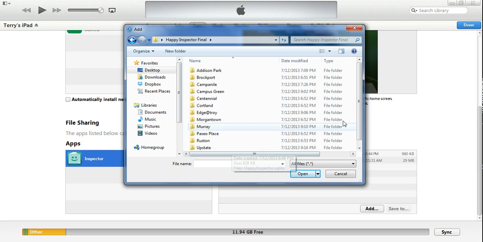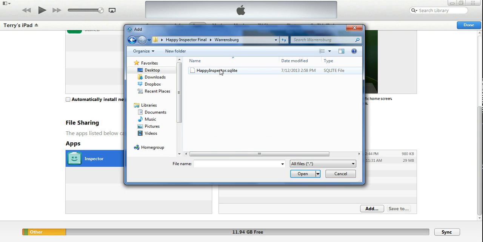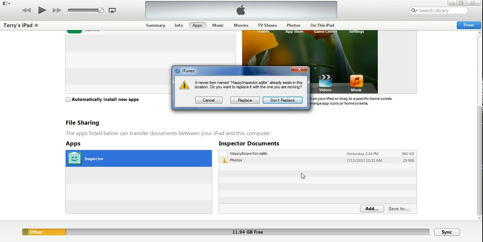These are all property databases, and so for the Warrensburg property, I would simply come down to Warrensburg, select that property, click Open, and the moment I click Open, it's going to do this. Make sure I select it, click Open, and if you already have a document on the Happy Inspector application, it's